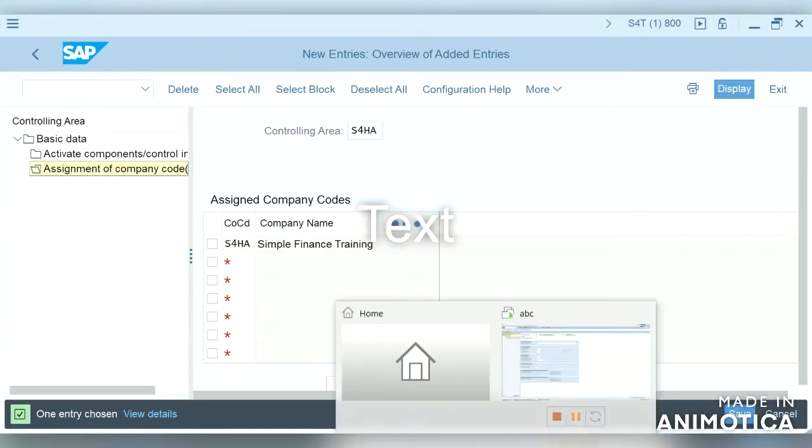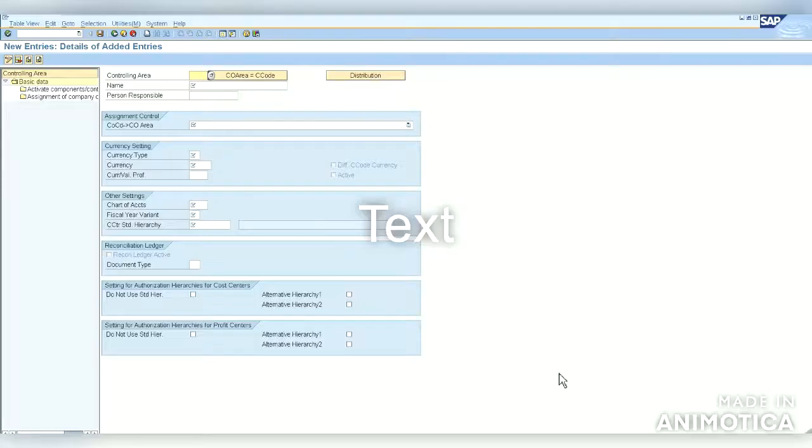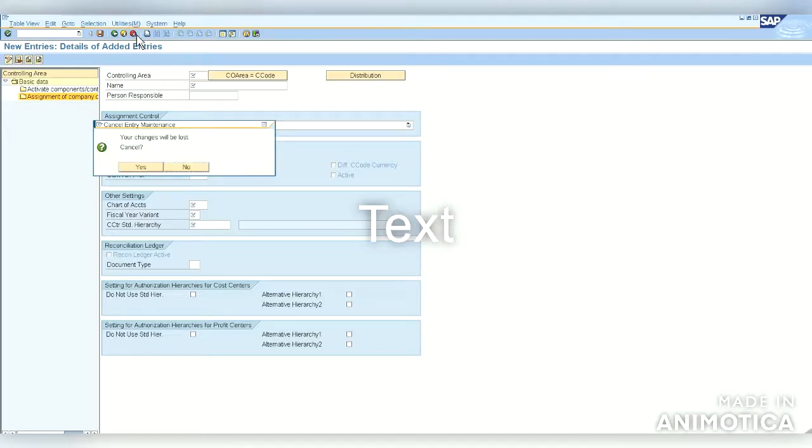While it is getting saved, let us move on and see. There are a few fields added, and this is the same assignment of company code, and activation of components.